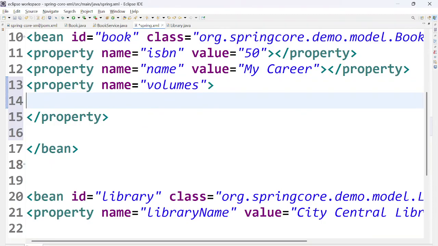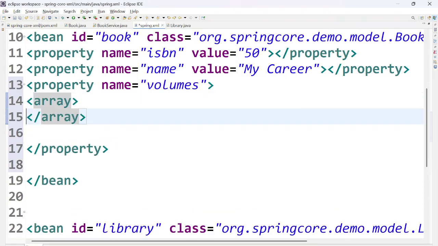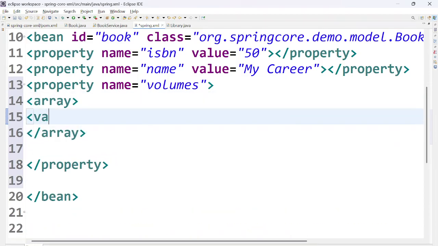Since this volumes is an array, we have a special tag defined for that, which is the array, and then we can specify the values for it. Okay, so as many values as we give, the size of that array will become that. Okay, so let's say, my career at the beginning, or maybe at Wipro,